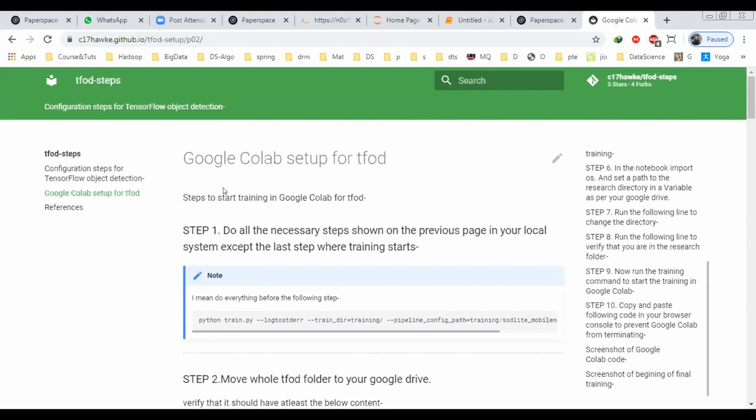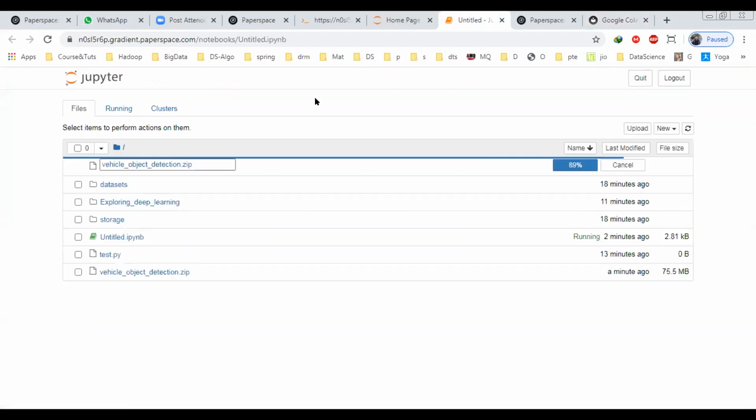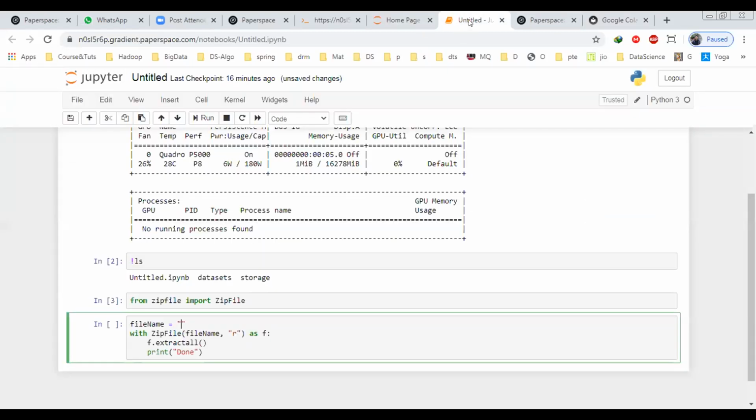Okay. So whatever we did in Google Colab, instead of doing that, do one thing before this step. Whatever your research folder is, or I think the model folder in which we do it, just zip that folder and then upload it here the way I have shown you in the zip way. Zip it and upload in this fashion, and then use this code. We have to provide the file name of the zip file, unzip it, and just do whatever we did here in the same step.